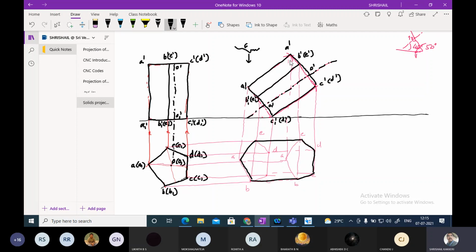You can see this particular edge, longer edge, A1 is visible to him. That means it is nearer to him. This particular edge will be thick line. Since it is a thick line, the two more lines which are joining this edge will be thick line. Okay, then after this, this particular thing will be a thin line. It is invisible to the observer.